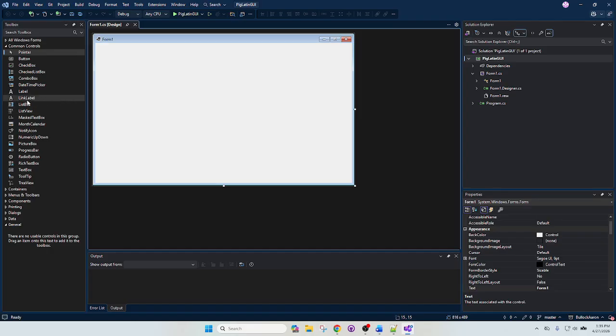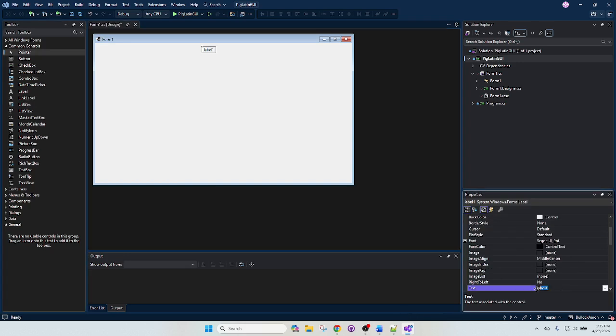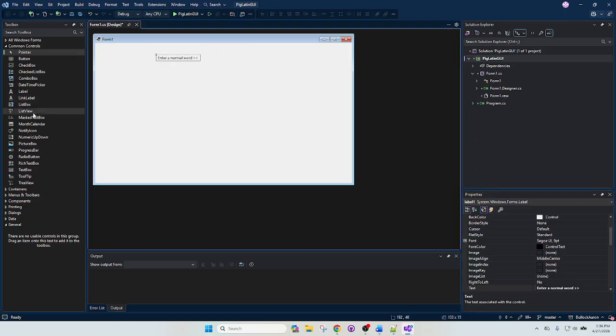All right. So first we need a label to give our user instructions. The label is going to say something like, enter a normal word. We're going to get a text box, and we're going to put it right up here next to the normal word. Our user can enter in whatever they want. And then we're going to have a button,